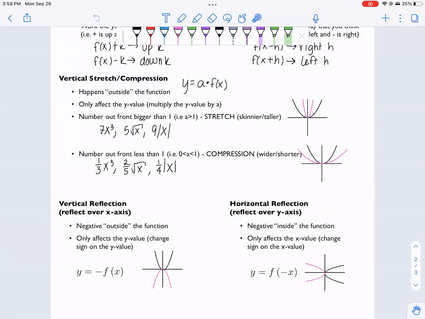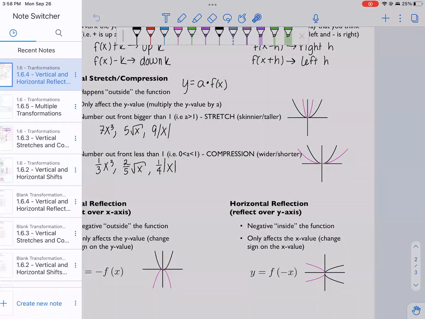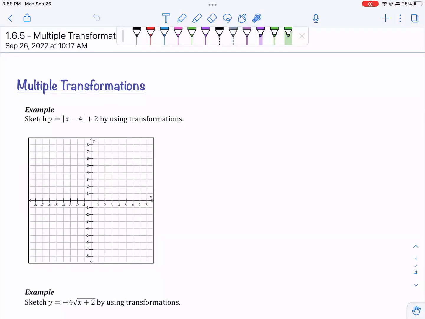Vertical reflections, those are a reflection over the x-axis. That's when a negative is out front. Here, reflection over the y-axis when there's a negative on the inside. So let's use all that and